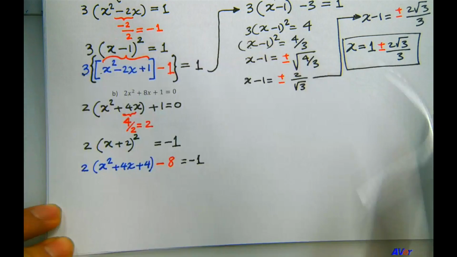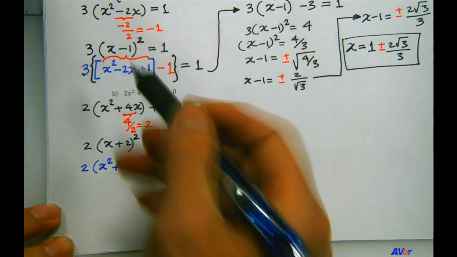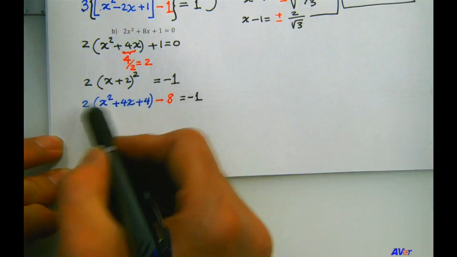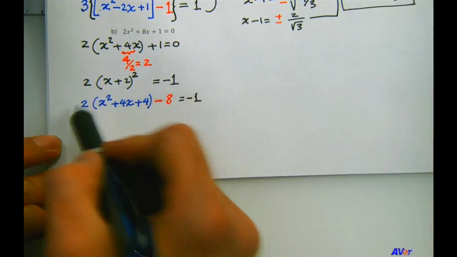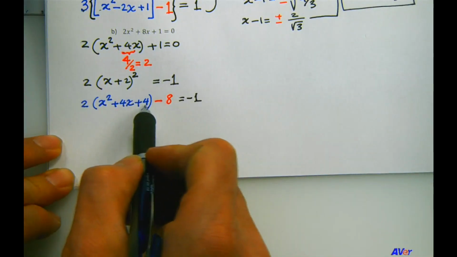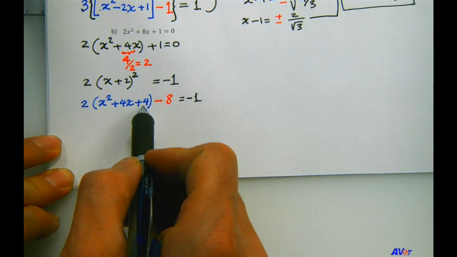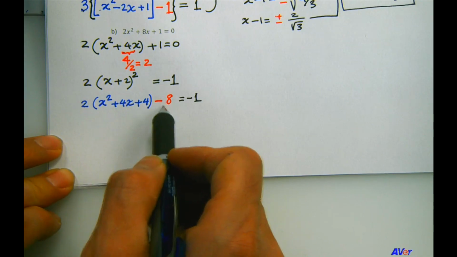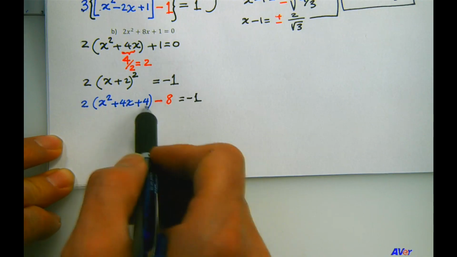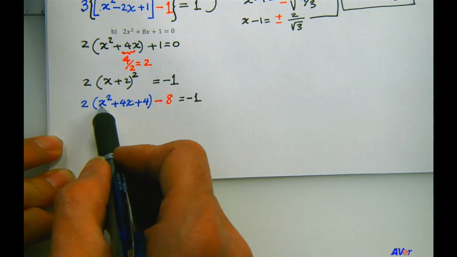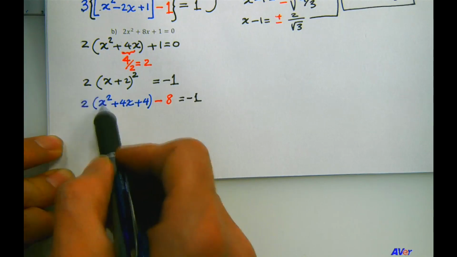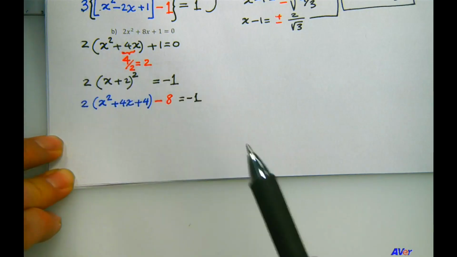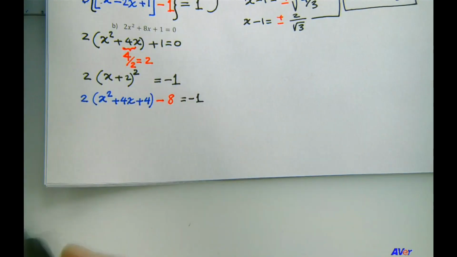So it would give us the right terms. Here, remembering that I have a 2 out here that is going to multiply this third term that we didn't need to begin with. So 2 times 4 is 8. So we need to subtract 8 from this in order to end up with just 2 times x squared plus 4x, which is what we had up here. Okay? All right. So now,